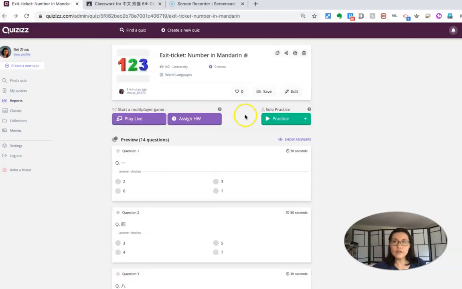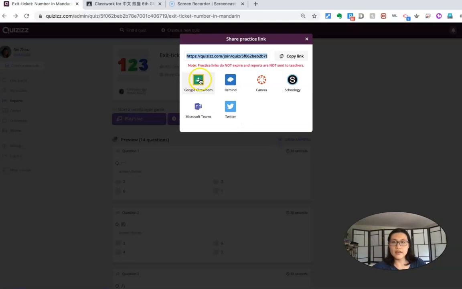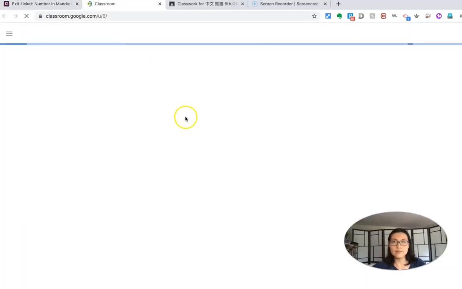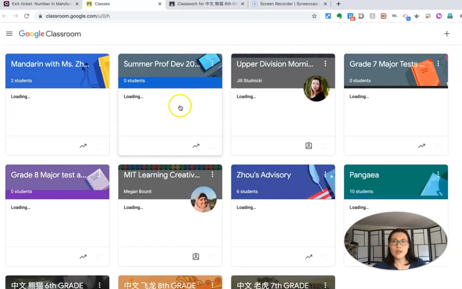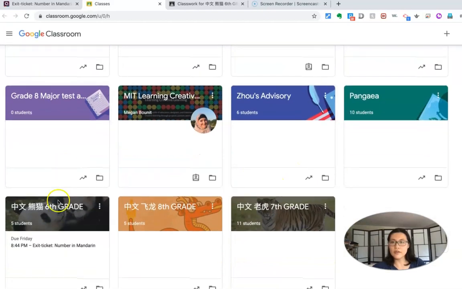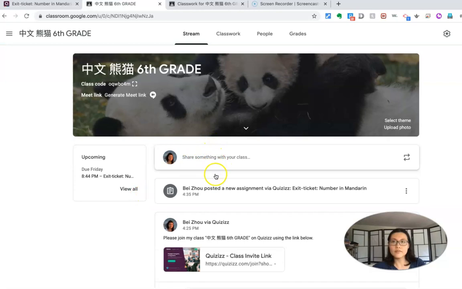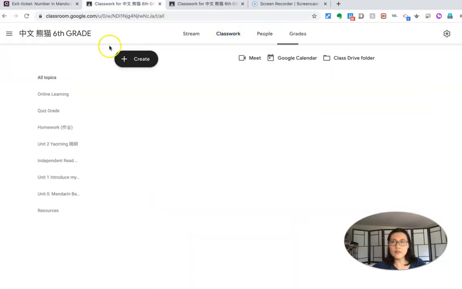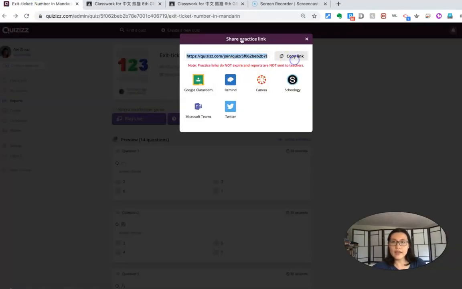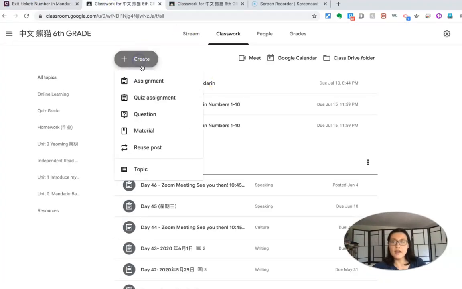Another way for students to do it is just practice. What I would like to use this for is to share a practice link on Google Classroom. You can pick a class you want to assign to, still 6th grade. And then you go to classwork. I really like this as a